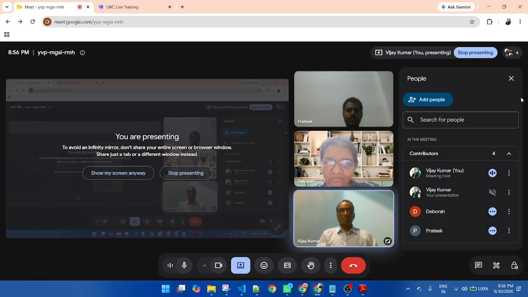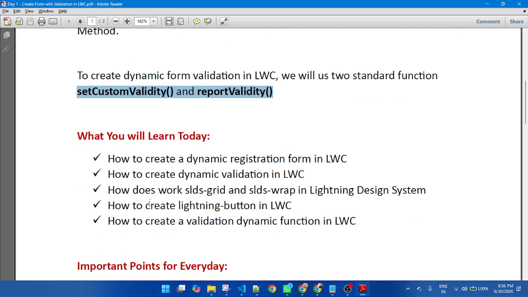No. So today's class is very important. Today what do we learn? Today we learn how to create a dynamic registration form, because I know there are multiple developers working in offices who may have 3 or 4 years of experience, but sometimes when I give a small task to create a form, they are not able to create a dynamic form. So how to create a form is also a task. So today we learn how to create a dynamic registration form in the Lightning component.